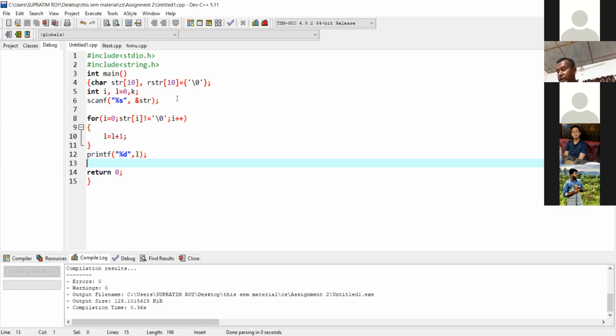Yes, sir. Now, next is what is called recursion. Recursion is nothing but a technique where the same formula is repeating again and again.